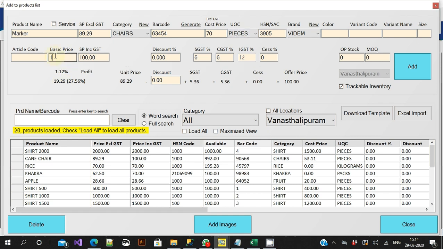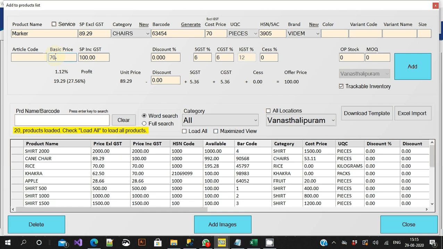Now there is another thing called basic price. Basic price, I will say, should be a minimum of cost price. What is basic price in our application? It means that when you are doing a sales invoice, you cannot give any amount of discount that brings it below 70 rupees, because my cost price is 70.